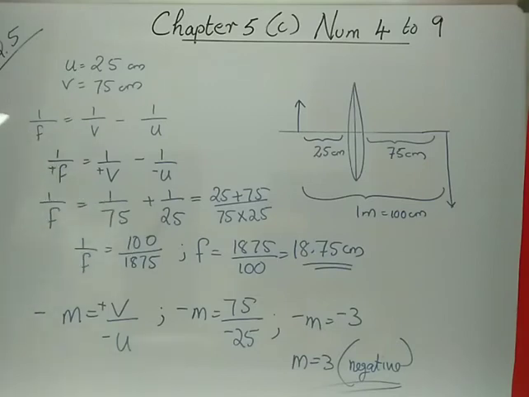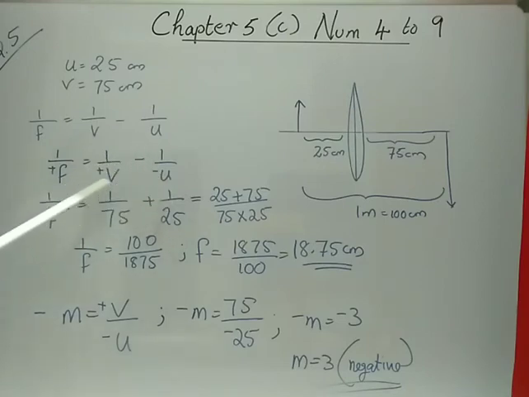Using the lens formula, the question is to calculate the focal length and magnification. If you want, you can calculate magnification first or focal length. It is interdependent. Okay, now you can see 1 by F, lens formula. 1 by F is 1 by V minus 1 by U. Focus of a convex lens is always positive. So I write here plus V. We are getting the image on the opposite side, so V is positive. U is always negative.